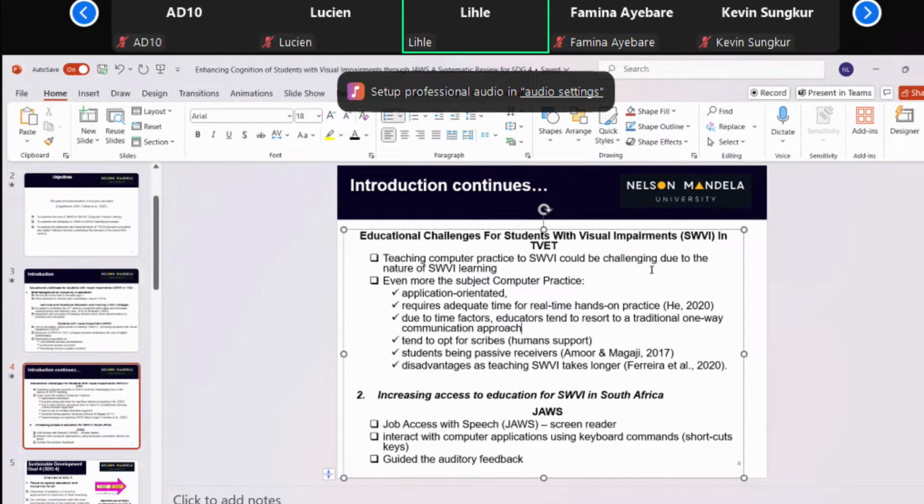And again, it's because of lack of inclusive practices. And why do they lack? Because they don't have those skills. Hence, this work that we're doing right now. And again, because of shortages of skills, not only TVET colleges, other